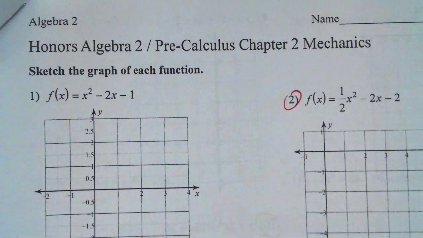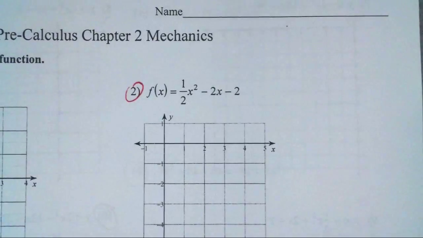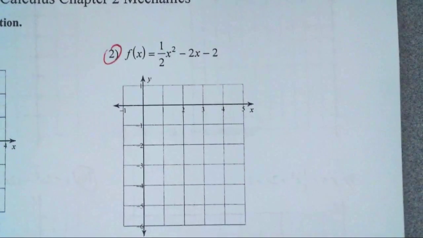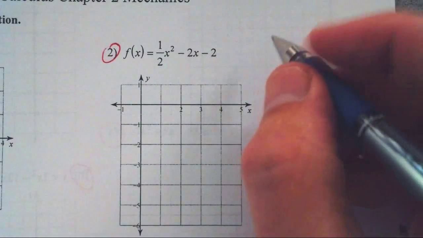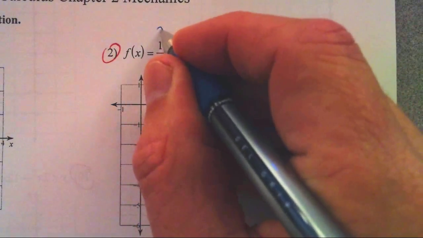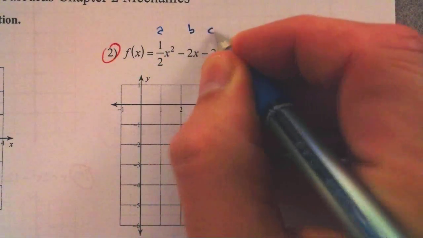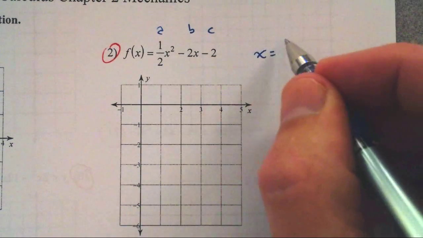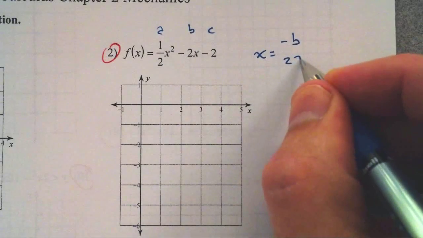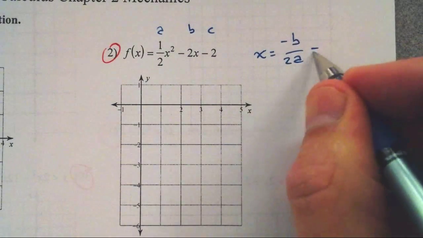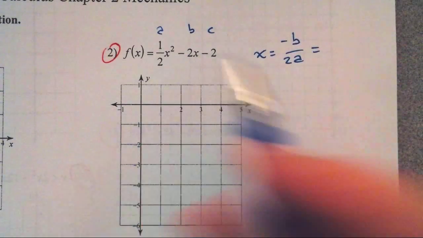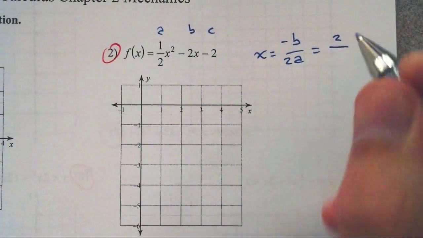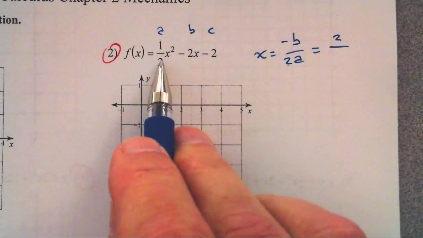Okay, let's take a look at our Pre-Calculus Chapter 2 Mechanics problems. First thing we're going to be doing is graphing these parabolas, and as we've learned, the key to this: A is 1/2, B is -2, C is -2. We want our x value to be the opposite of B on 2A. Or in this case, the opposite of -2, which is 2, on 2 times 1/2,